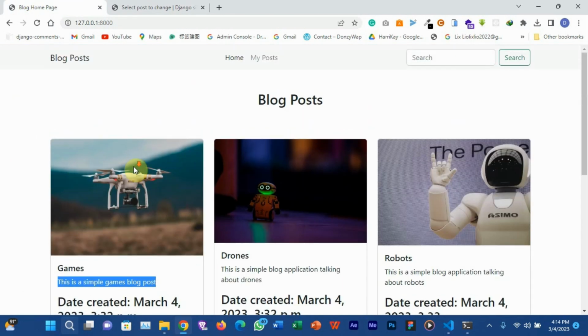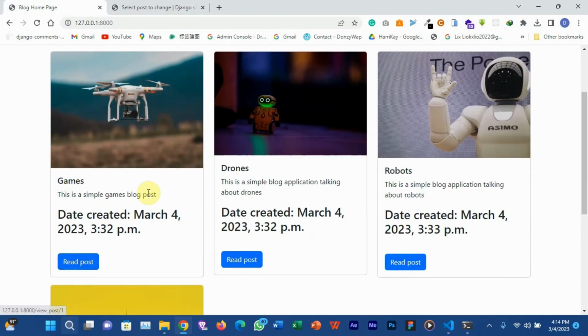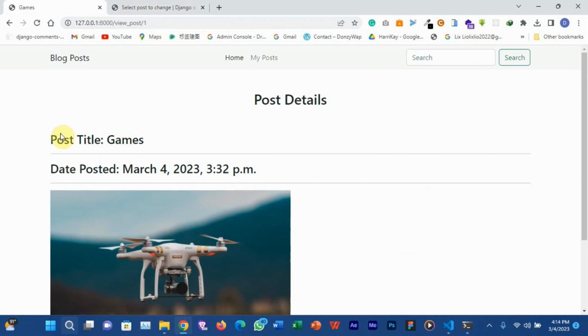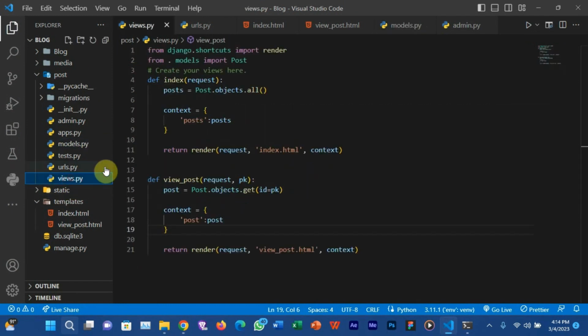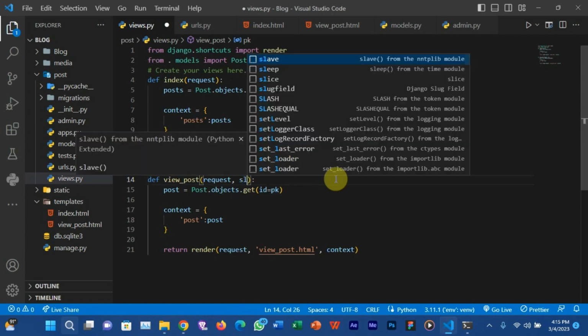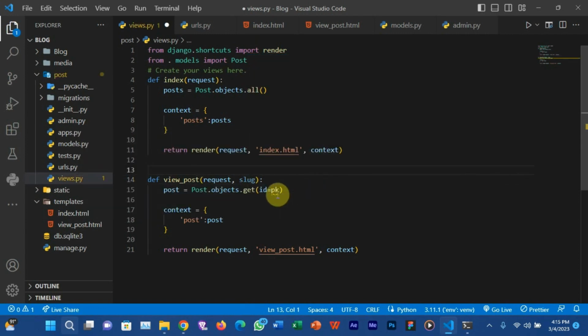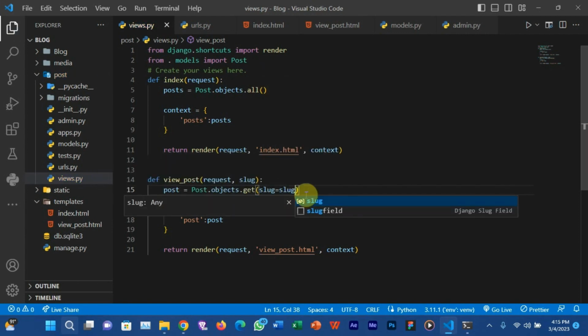So instead of passing in the ID here, you can get the title of that particular post instead. So let's go back to our views.py file. So instead of passing in ID here, just change it to slug. Okay, and then since we have the slug field inside our model, slug should be equal to the slug we will be getting.